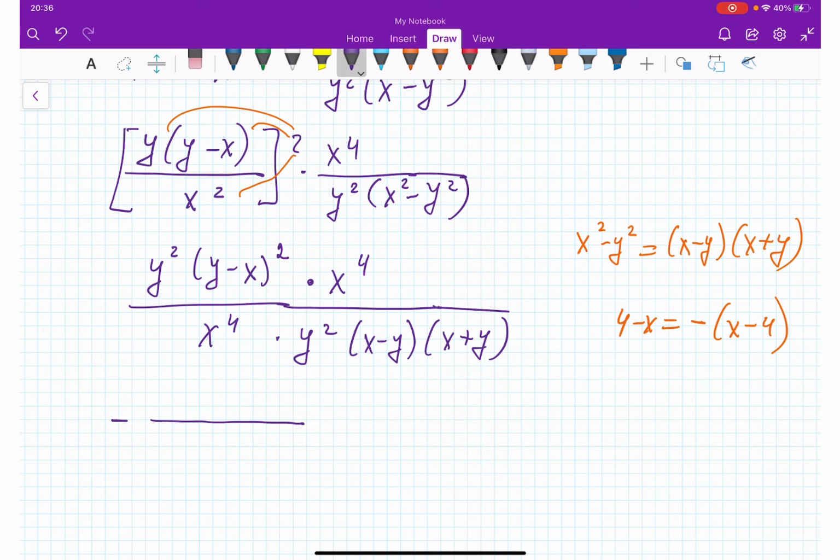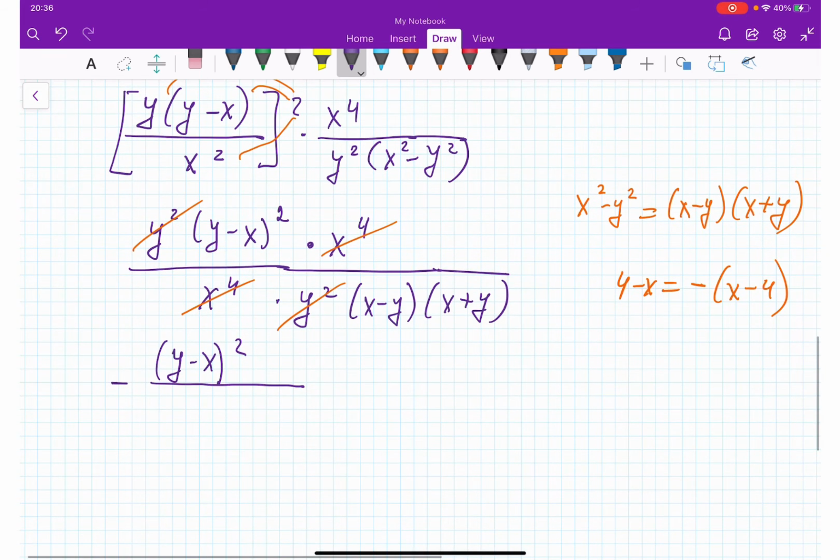and get, first of all, this y squared will be cancelled with this y squared. X to the power 4 will be cancelled with this x to the power 4. And in the numerator, I'm going to leave it alone, y minus x squared. But in the denominator, x minus y, I'm writing down y minus x because we have a negative sign in front, and x plus y. So as a result, I'm canceling this square and this one, and my answer is going to be